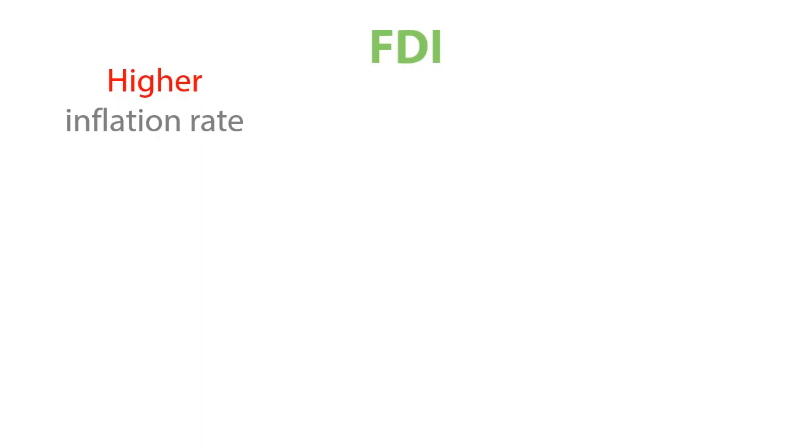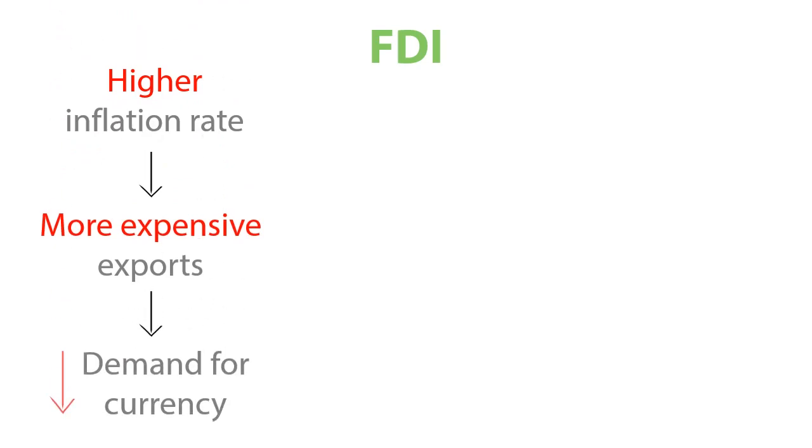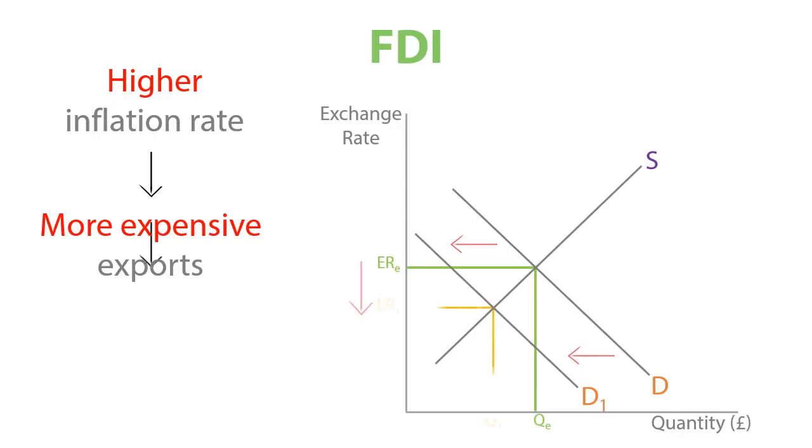So its exports will become relatively more expensive, and foreign consumers will demand less of the country's currency to buy its expensive exports with, leading to a decrease in demand for their currency, which will finally depreciate the country's exchange